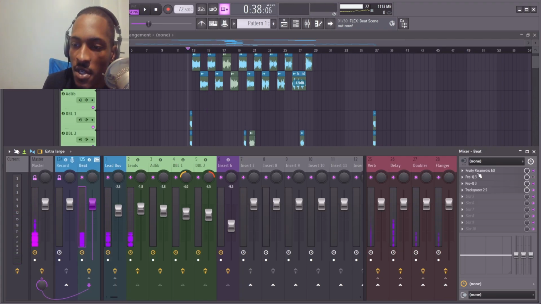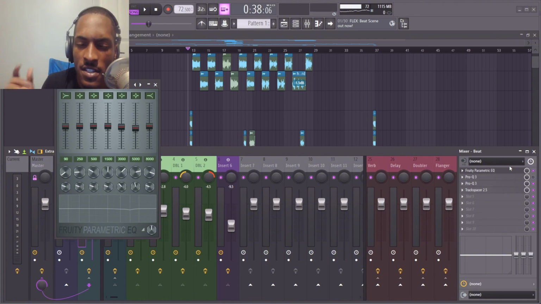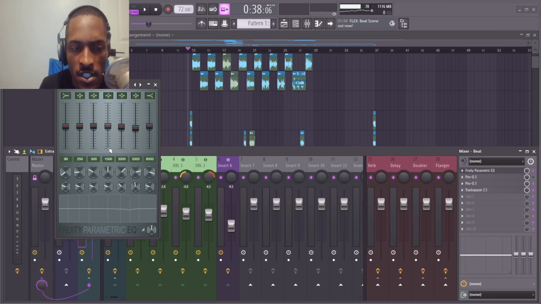But yeah, the beat. Here I did have to take out some 5K. I think I explained this in the back to the basics video as well, but pretty much I leave all these frequencies the same. If it's too much harshness, like in this one, I'll pull out the 5 or the 3K. If it's too much synth or piano, or if the instruments are getting in the way of the vocals, I'll pull out this 1500.